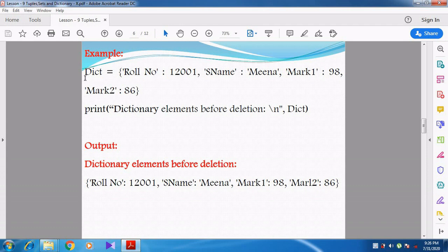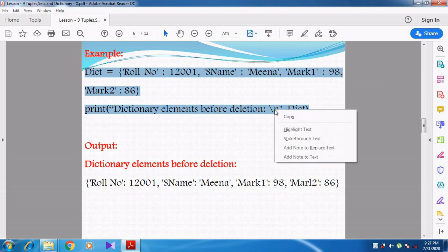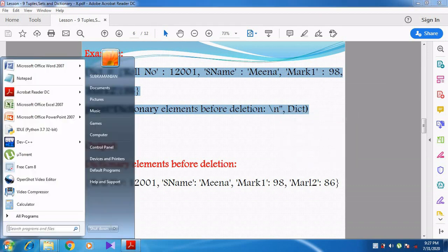First we are going to see the example. The dictionary has roll number 12001, student name Meena, mark 1 98, mark 2 86. Before starting the deletion process, I am going to print it.